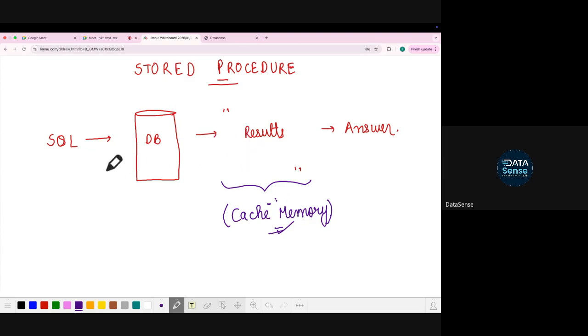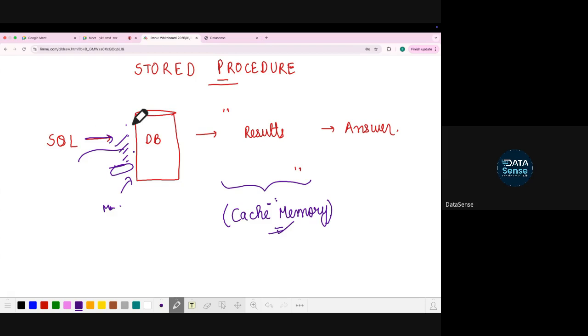Now there are two different things. Every time you run a query, every time you write a new query, it has to hit the database. There is some execution involved, there is some memory involved. For example, when you are writing the same query and just changing the filters one by one, every time you are hitting a new query. Every time you are initiating a new connection to the database, putting in a query, and then executing it to get a result. So every time new memory is allocated, and everything happens again and again.